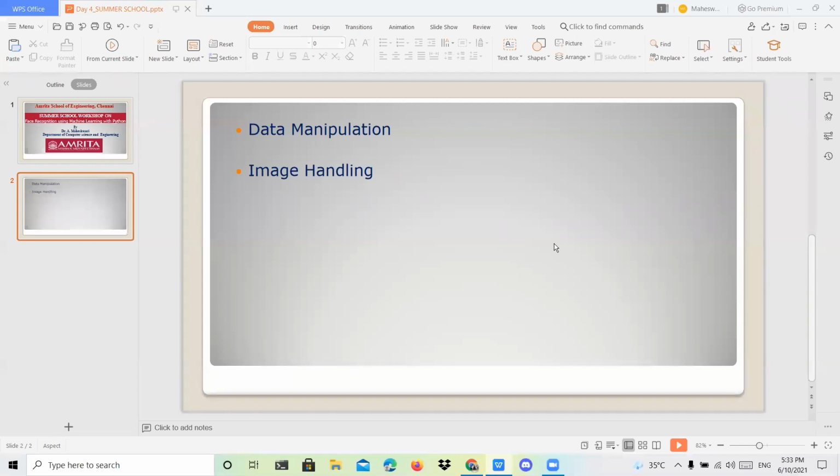First we'll discuss data manipulation, both data manipulation and image handling. I'm going to show it in Colab, the demo only. Today and tomorrow we'll discuss only the demo class. Just follow my instructions, follow whatever I'm doing on my screen, and do it on your screen also. Easily you can get how the face can be recognized. You can download your own face also. Everything we can do in our Colab. Everybody knows Colab, right? That editor, all of you please open it and we'll do the instructions.